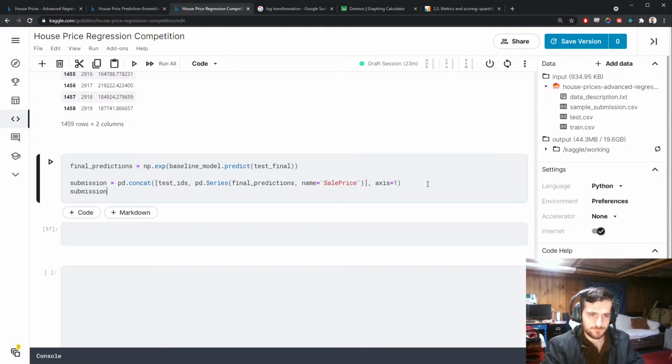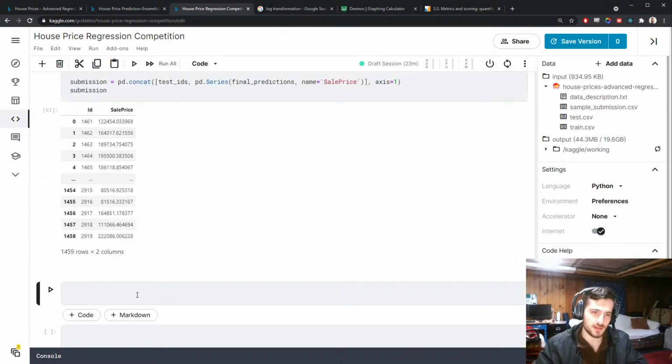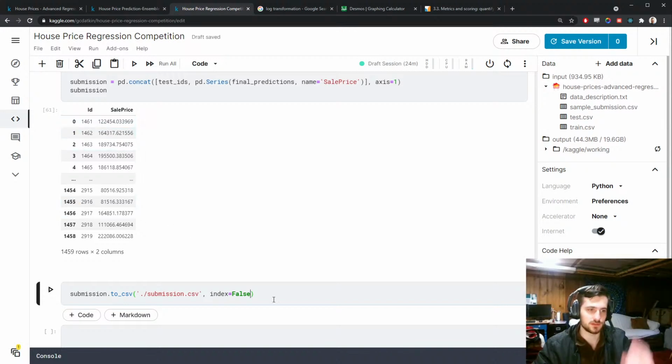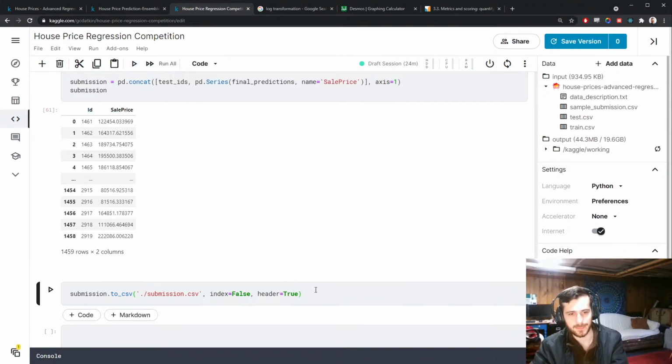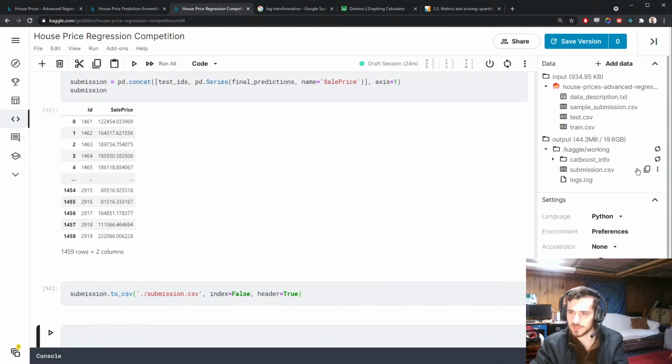We'll look at submission. Now to actually submit it to the competition, all we have to do is type submission.toCSV, passing in the file path we'd like, which will be submission.csv. I'm going to include index equals false so that these indices don't become a new column, and header equals true so that these stay as a row at the top, which is how it should be. Alright, we'll run this, and now over here in our working directory we have something called submission.csv, which I'm going